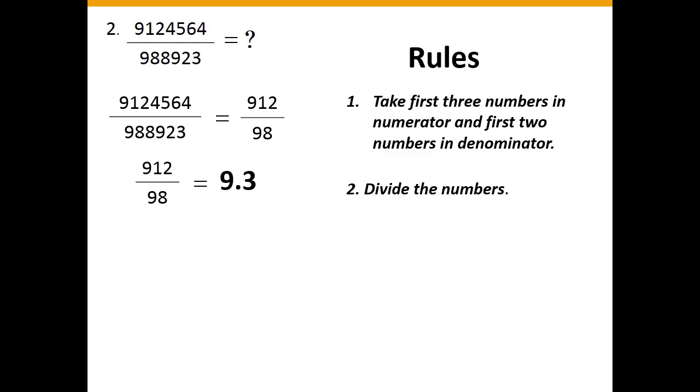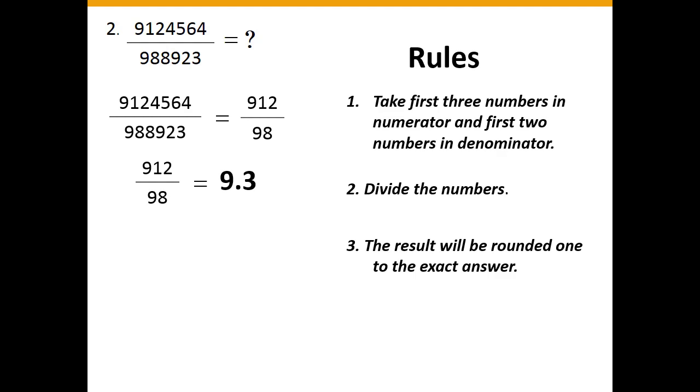Okay friends, then see the rule. The result will be rounded to the exact answer. So 9.3 is the answer for 912 by 98. Also it is the final answer for the question, but not the exact answer. Then you will raise a question how we got the answer. Like type 1, we rounded the exact answer to 9.3.